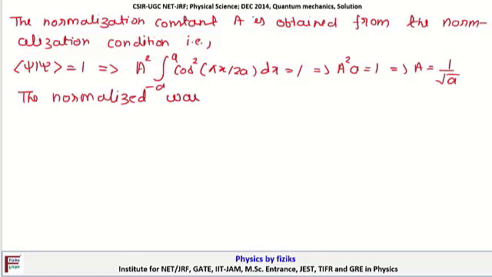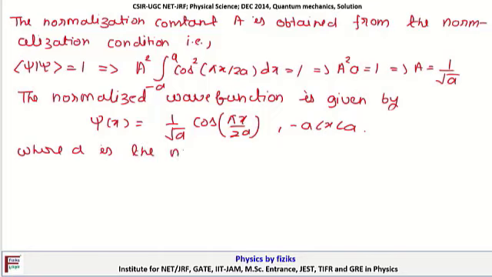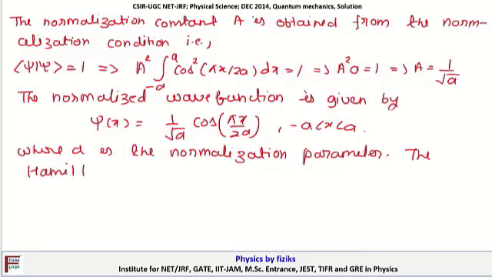The normalized wave function is given by psi of x equals 1 by root a cos pi x by 2a in the region minus a < x < a, where a is the normalization parameter. The Hamiltonian for the system is